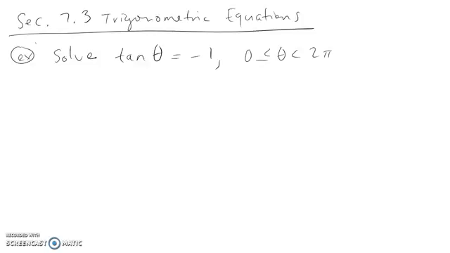Section 7.3, Trigonometric Equations. We're going to solve the equation tangent theta equals -1, where theta is between 0 and 2 pi. So we're looking for values of theta that make this equation true, but only values between 0 and 2 pi. So what is this telling us? This says find the angle whose tangent